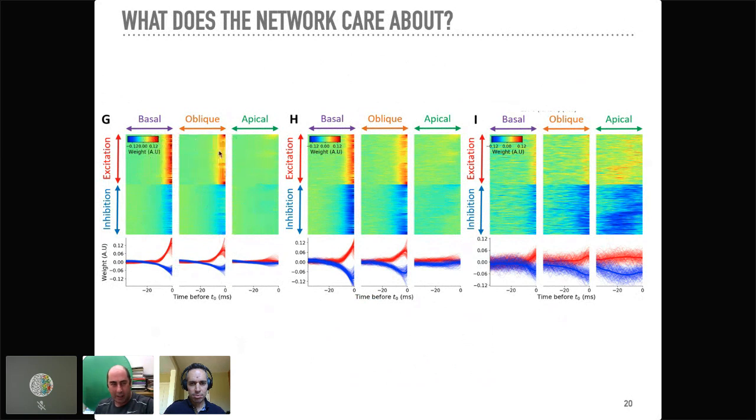In this case, this tells me that most or many of the spikes can be predicted by what happened in the recent time window of the basal and oblique dendrite. So many spikes can be predicted just by looking at this basal dendrite. But for some spikes, you need the contribution of what happens in the apical dendrite, and in that case, they care less about the proximal basal and oblique dendrites.